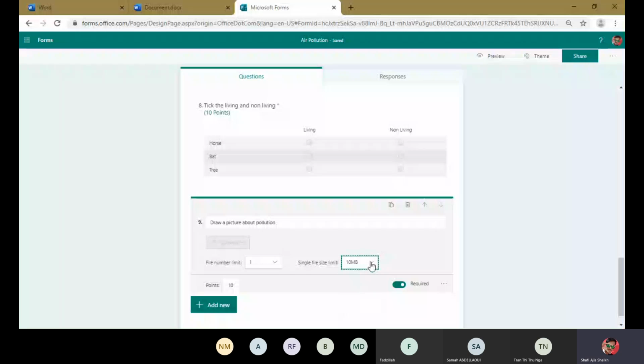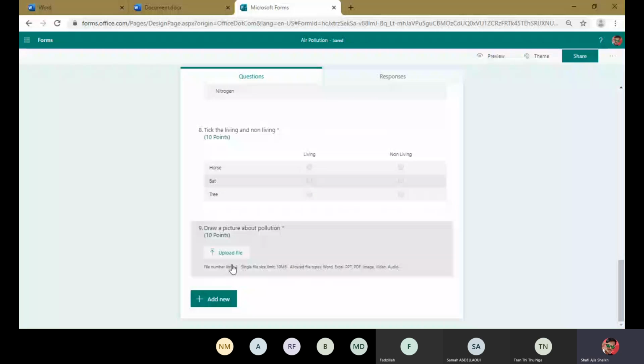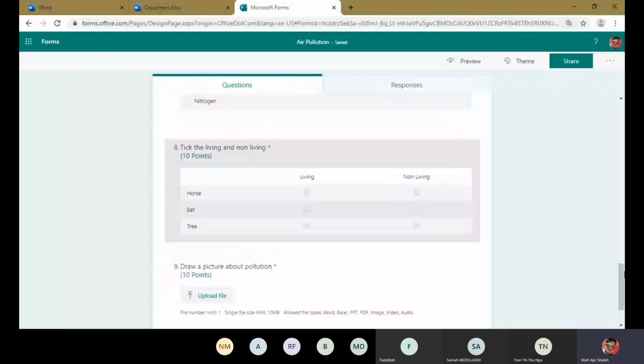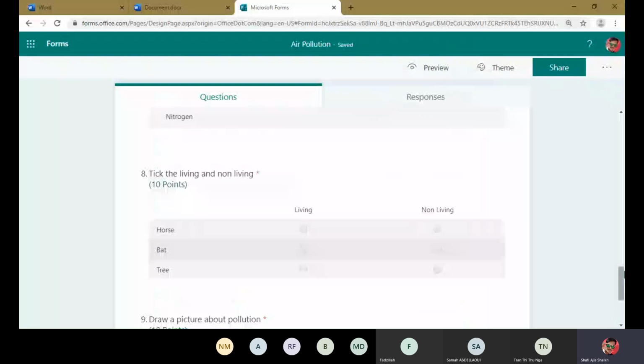Okay, so I have given the option to upload a file here. And this one is the most important. Here it is written: these questions allow students to upload Word, Excel, PPT, PDF, image, video, and audio. Any file a student can upload here.